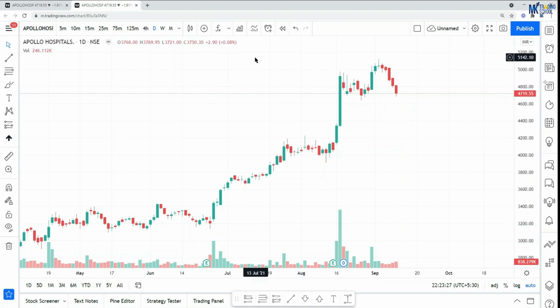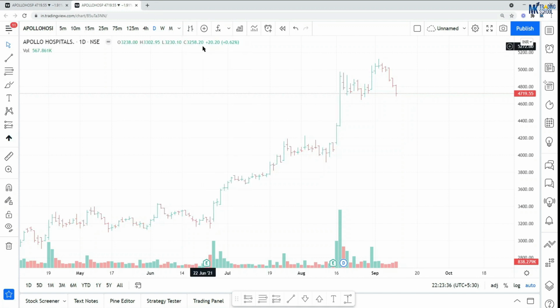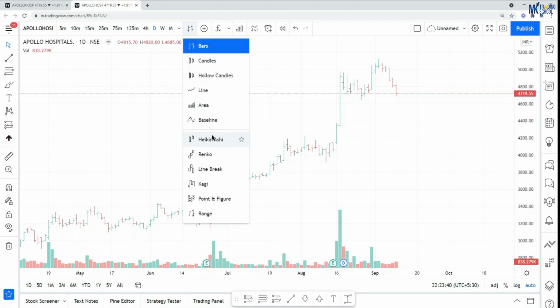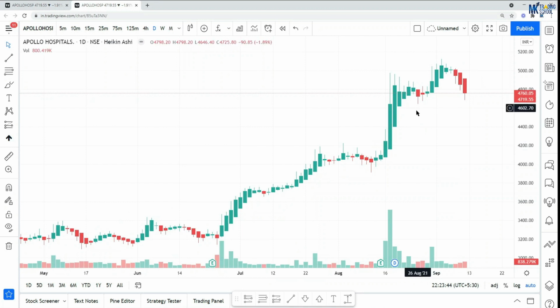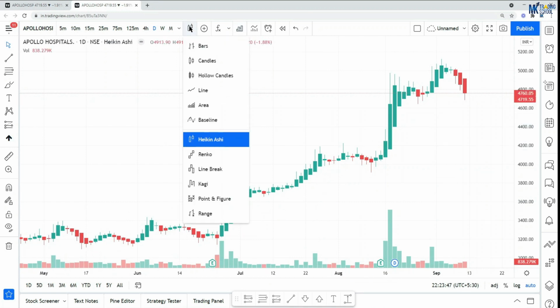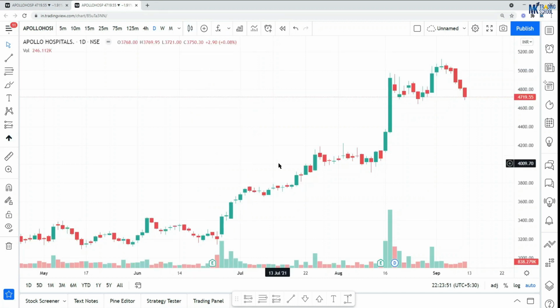One is, how do you know it's a Japanese candlestick chart? At the top, when you take your cursor here, it says candles. There are different options. It's a bar chart, will not have any bodies. You can change it to Heikin-Ashi candles. Here the construction is different. You will not be able to find your quality zones here. So always use Japanese candlestick chart, which is mentioned as candles.